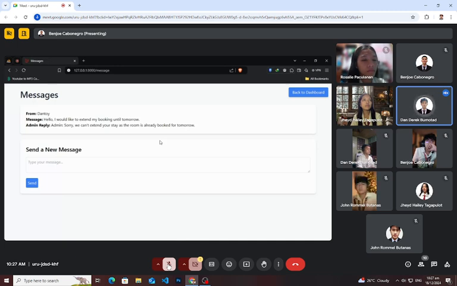That concludes our demonstration of the features in the HJ Paradise room reservation system. So, in conclusion, the HJ Paradise Room Reservation System provides a smooth experience for both users and admins.